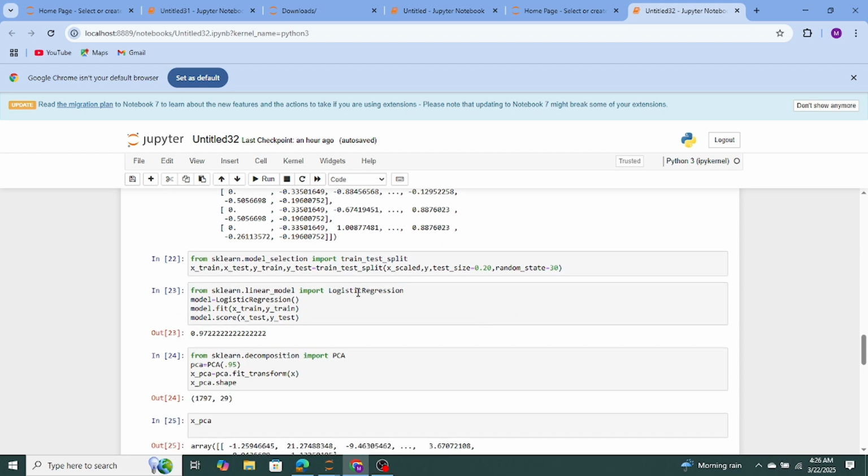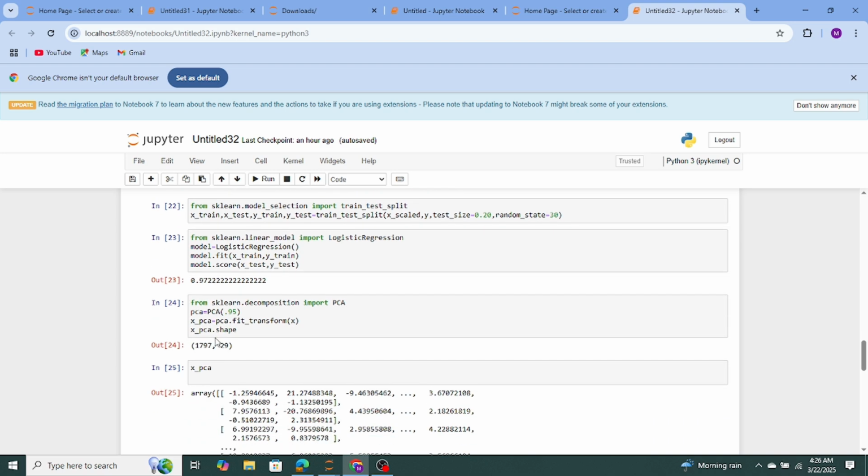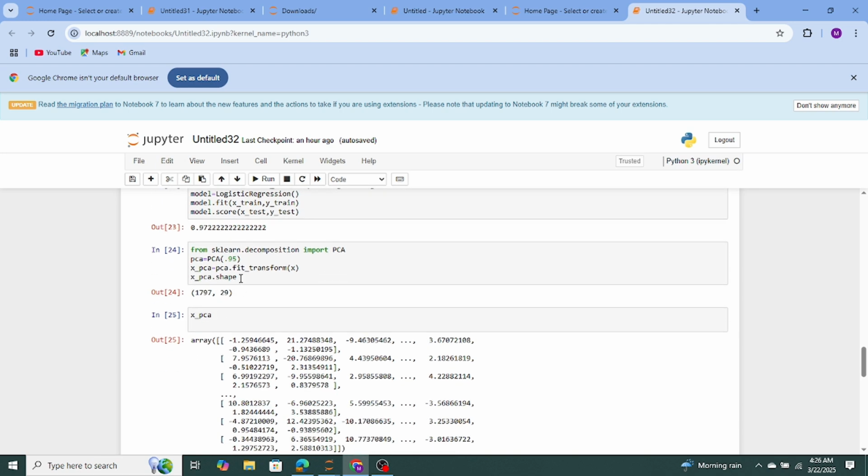We utilize logistic regression for all 64 features. Then we got a 97% result, 97% correct. Then in the next step we use PCA for 95% of the information we extracted from the